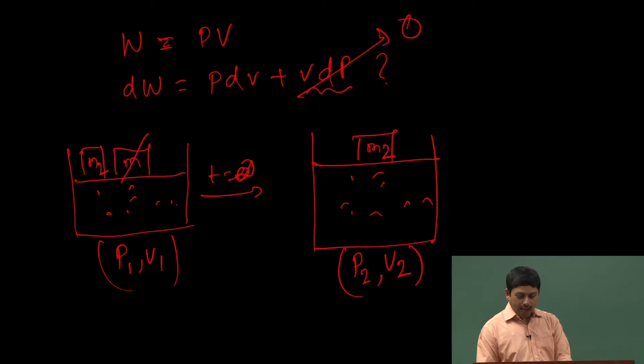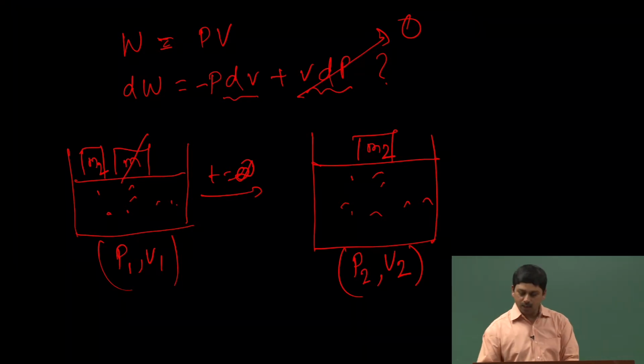And since we are always talking about work done against the external pressure, we have this minus P dV. If the volume increases, dV is a positive quantity, then work done on the system will be negative, and expansion is a negative one. If volume decreases, dV will be negative and minus negative will be positive. So, compression will give you a positive work done. So, the formula for work done is minus P dV.